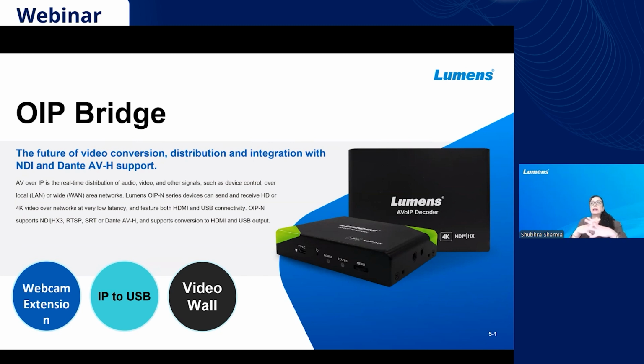Right now we all must have heard about HDMI to USB conversion, because since COVID, everything is on a soft VC platform, right? So this conversion has become mandatory. HDMI to USB has been very, very common. Anywhere you are giving an HDMI based solution, we have to convert it into a USB solution, right? So far you all know about HDMI to USB, but what is different in OIP bridges is that we are